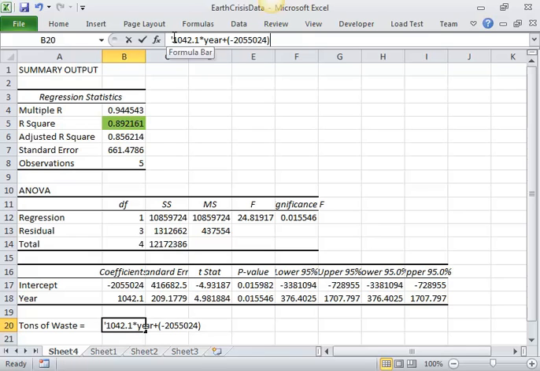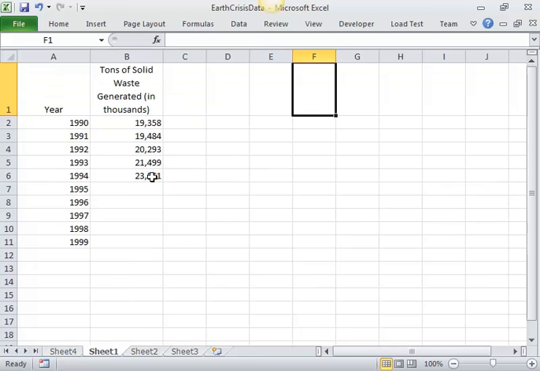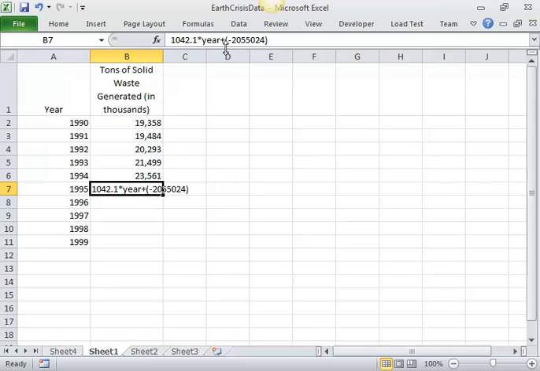Now if I take my equation and put it in my spreadsheet, like so, and I replace year with the cell that has my year, so we're going to say that it equals, and then for year, we have A7. So 1042.1 times A7 plus the negative 2,055,024. And we get